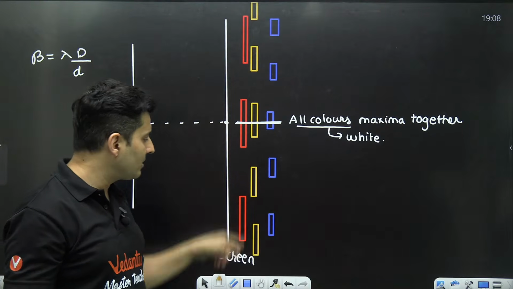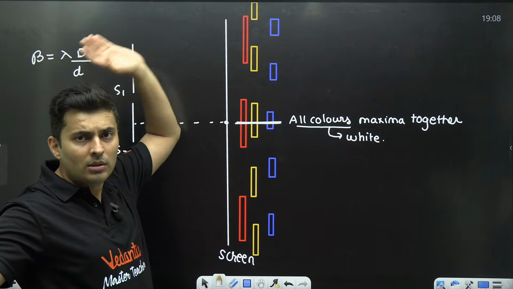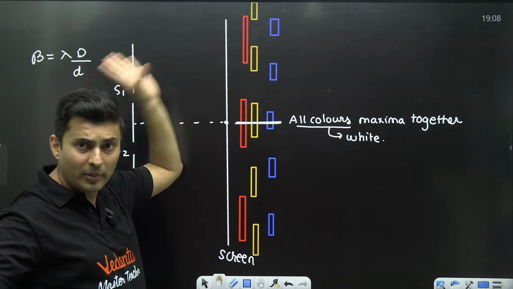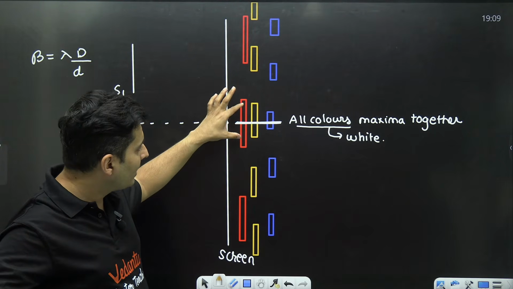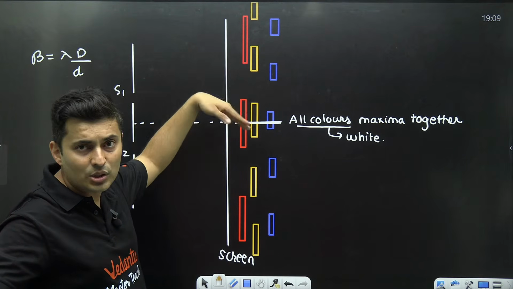Because nowhere else you will see their mixing happening together again, no matter where you go, because there are infinite colors. It's not just red, yellow, and blue. There are so many colors in between them. They will never mix back again. So after you go back over here, you will see that the fringe will slowly have different shades of red,